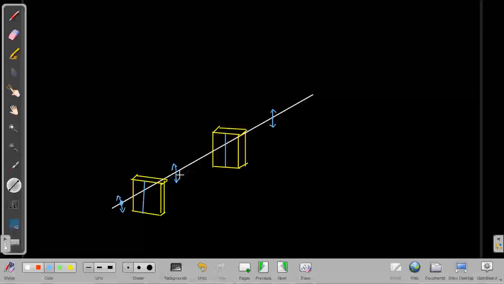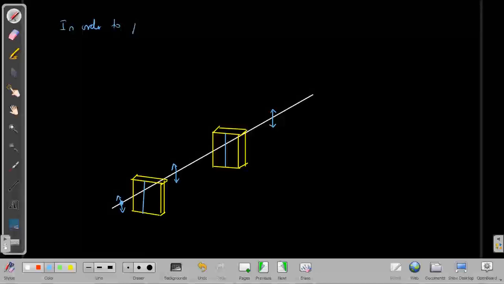If the oscillation of the incident light is parallel to the path axis of the quarter wave plate, then no change will occur in the polarization. But the change would occur if the oscillation of the incident light is making some angle with the path axis. So in order to produce circular polarized or elliptically polarized light,